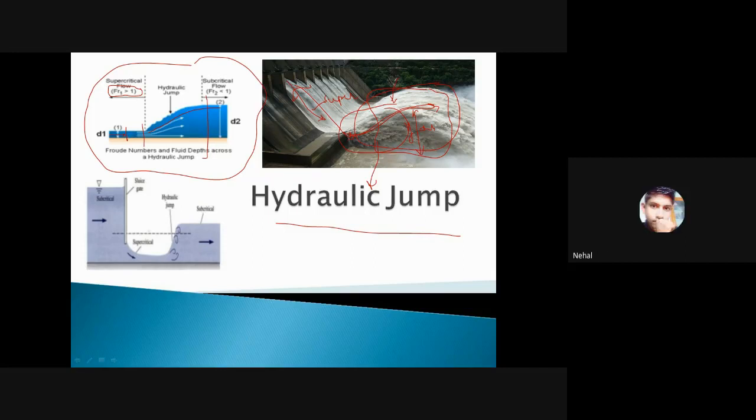Less than 1. See, I'm marking it here. Just look here. Is it less than or greater than? Is this symbol less than or greater than? Greater than. Then who said less than? Here it is written. You all can see this slide, right? You all are able to read, right?